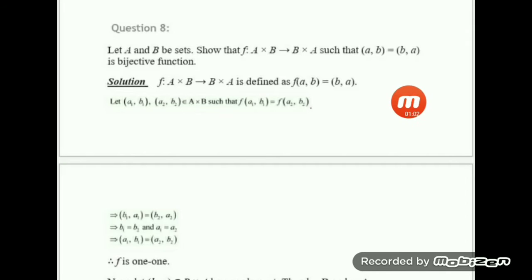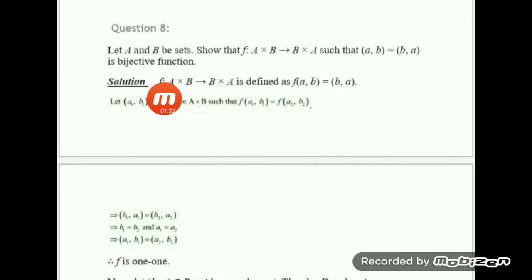So in the previous questions, we saw that our function is a function from real numbers to real numbers or natural to natural. That means from a single set to the same set. But in this case, you have a Cartesian product of two sets. In the previous cases, we take two elements, say x1 and x2 in the domain such that their images are equal. But instead of x1 and x2, here we have to take elements in A cross B, say (a1, b1) and (a2, b2).